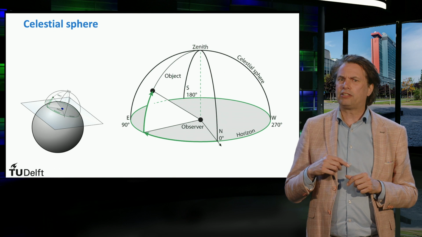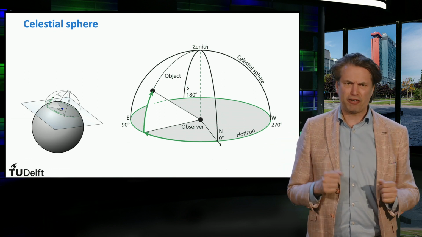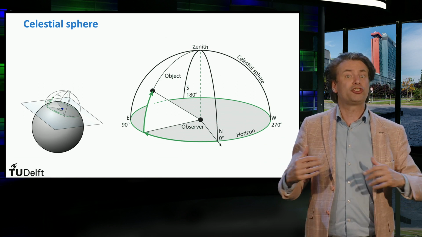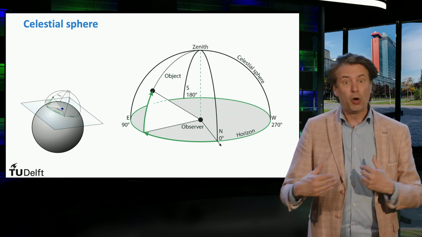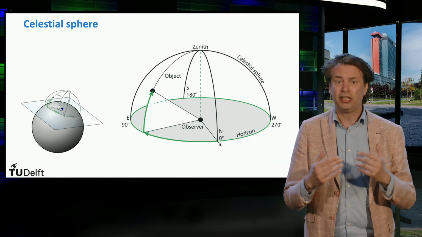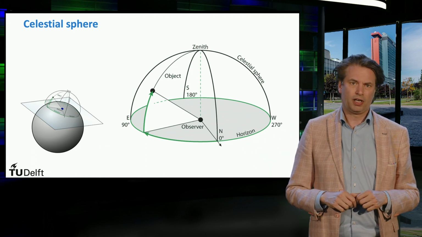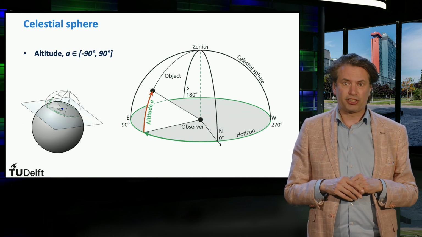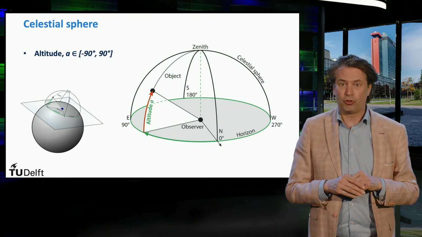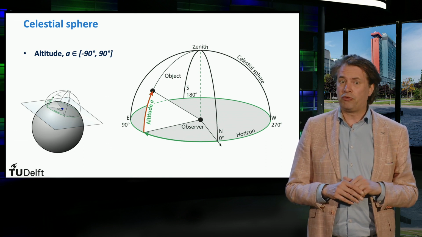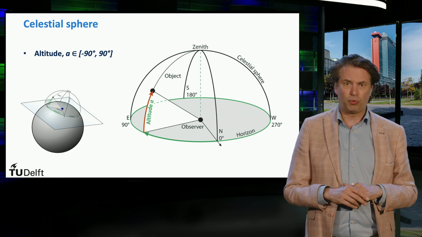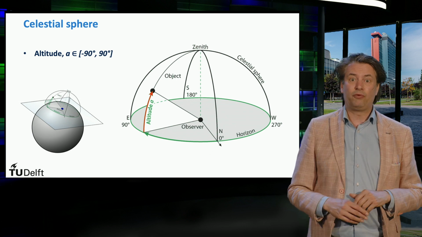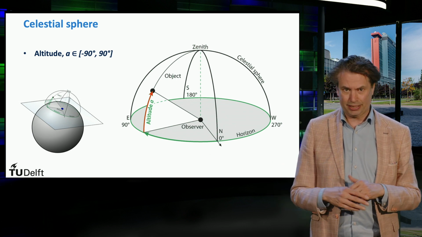As I anticipated, we may neglect the translational shift of the origin of the coordinate systems from the observer to the center of the Earth, and thus if the PV module is now the observer, we can always find the position of the sun in terms of two angles. The altitude A, which is the angular elevation of the center of the solar disk above the horizontal plane. Its angular range is between -90 and 90 degrees, where negative angles correspond to the sun being below the horizon, which corresponds to the time during night.